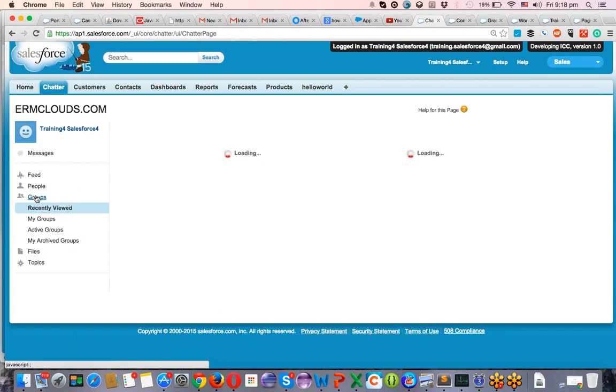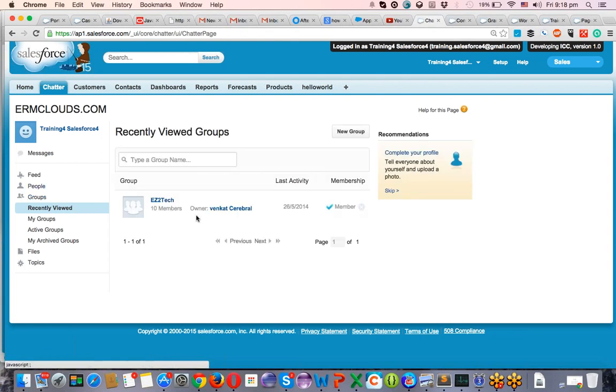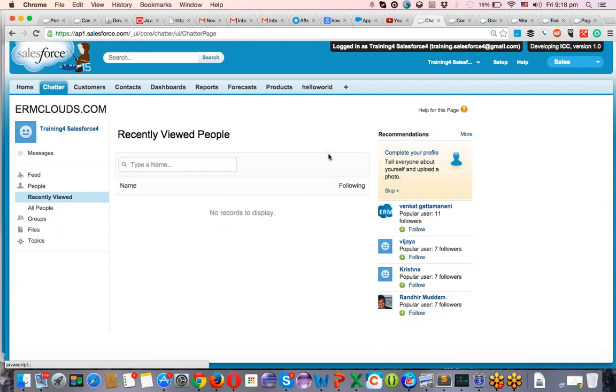But there are some groups. I'll add you to those groups also, because all these groups are archived because they are not used by all the people. That's the reason it's archived. I can automatically add you so that you can see the groups here in your my groups also, and you can follow people. The Salesforce Charter is a combination of Facebook features and Twitter features. It's a combination of it.